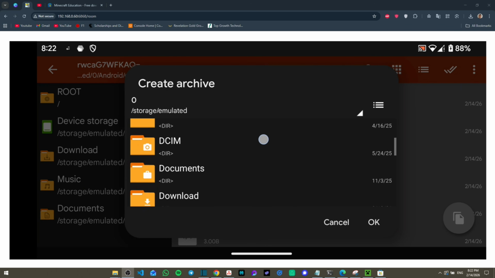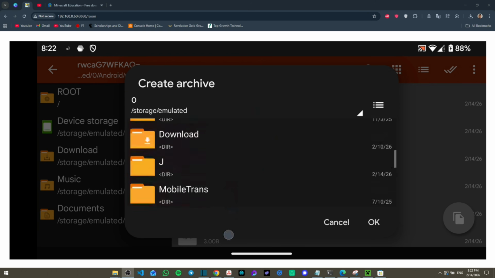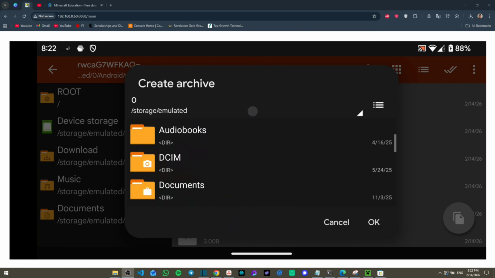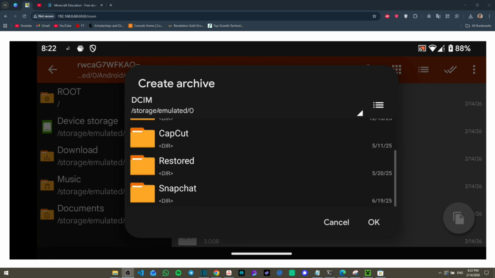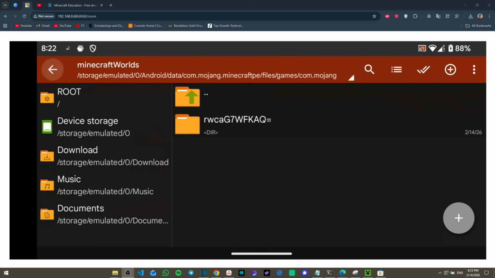And now from here, we can download it anywhere we want. So we can just go to downloads, or we have this file that we have just on it, or we can simply just search. So I'll just put it in the DCIM file and then click on OK, and then click OK, and archive successfully created. Now, once we go back